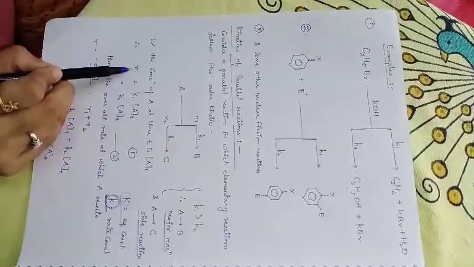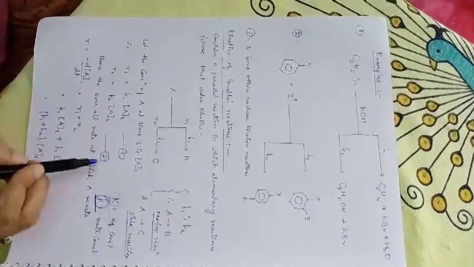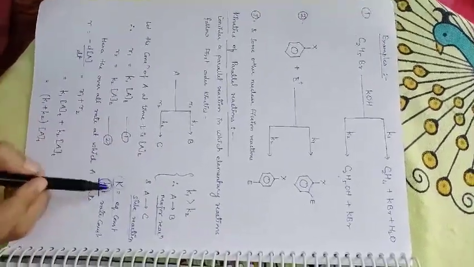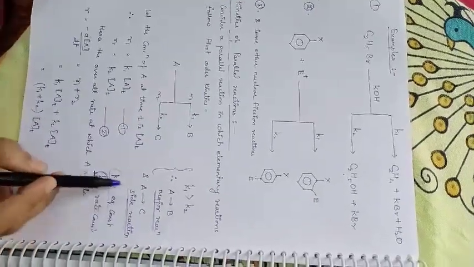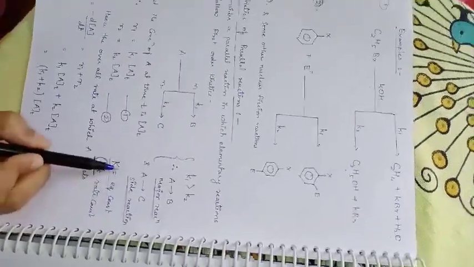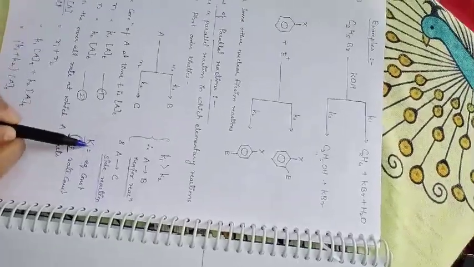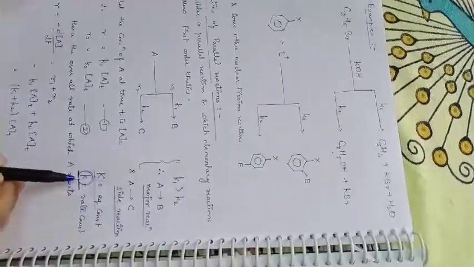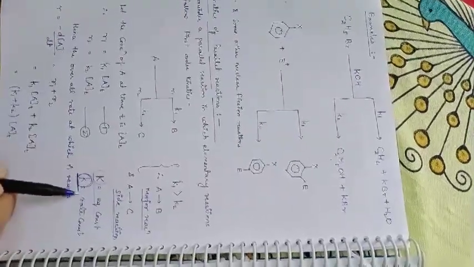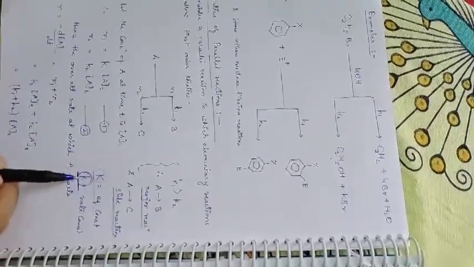Now from this reaction we can get these two equations, equation 1 and equation 2. Here I want to clear one doubt, or one blunder which students usually make: never write capital K in place of small k, because capital K is the equilibrium constant and small k is the rate constant. So while you are studying kinetics, you all have to write small k.